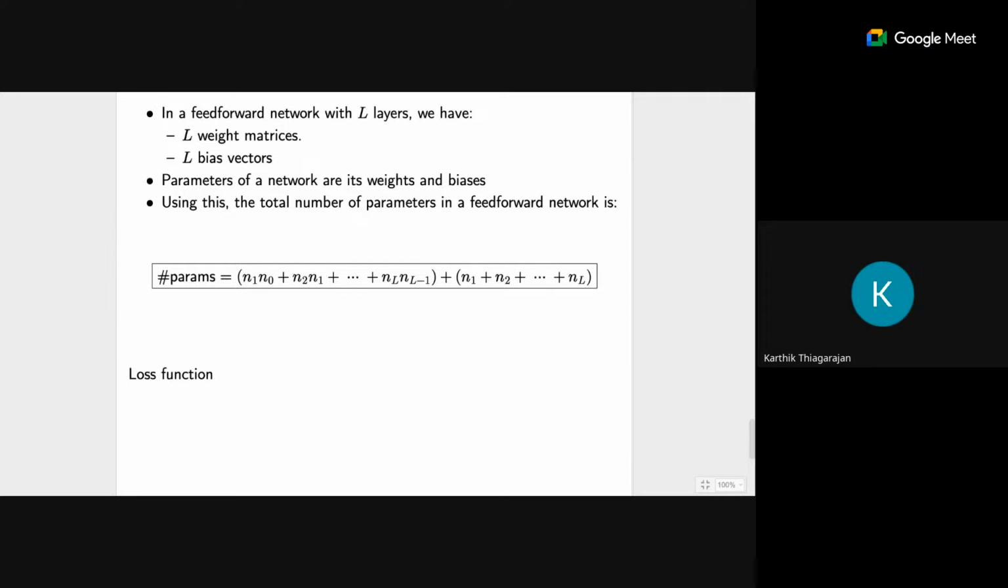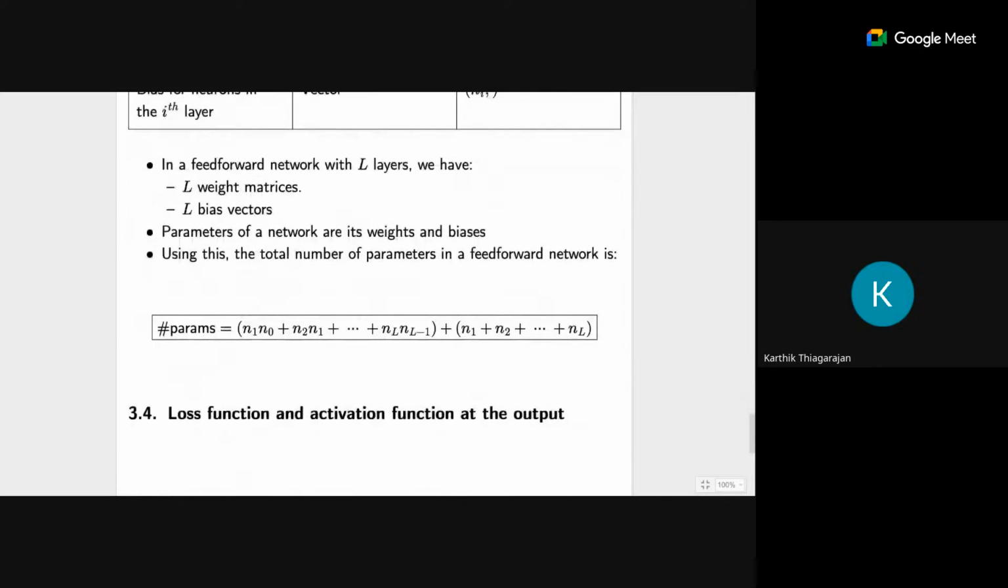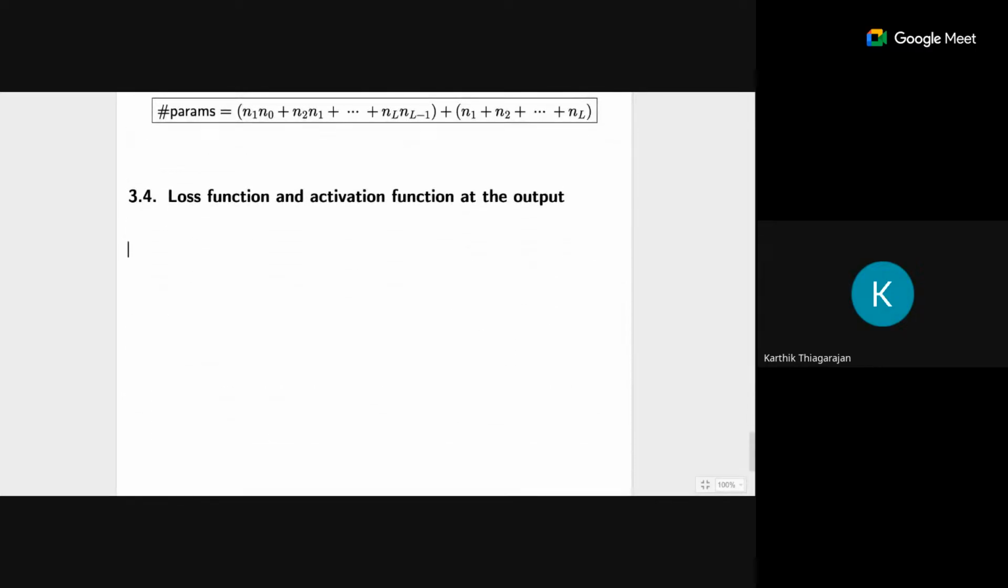So now we'll have to discuss two things together. That is the loss function and the activation function at the output, right? So this output is a bit tricky, so we'll have to discuss both of them together. We'll first discuss this for regression, right? So for regression,